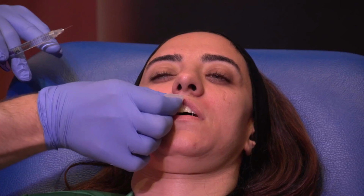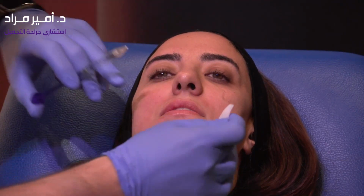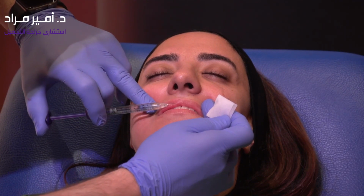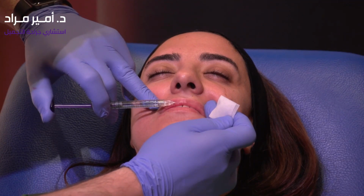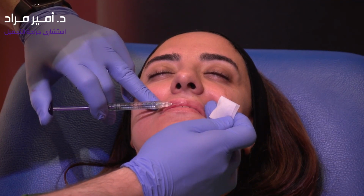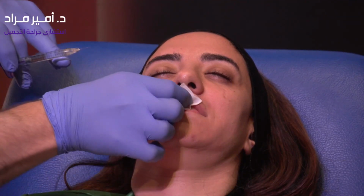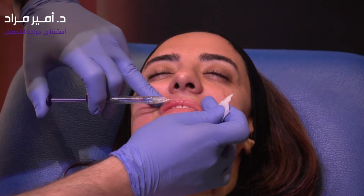Again, another 0.1 cc. I just press on the product a little bit just to make sure there is no accumulation of product on the lips. Okay. And then again, so this is, I think, the simplest, most satisfying technique for patients and doctors. I'm injecting as I'm pulling the needle out. Again, no lumps, just a linear thread. You can feel that thread when you're